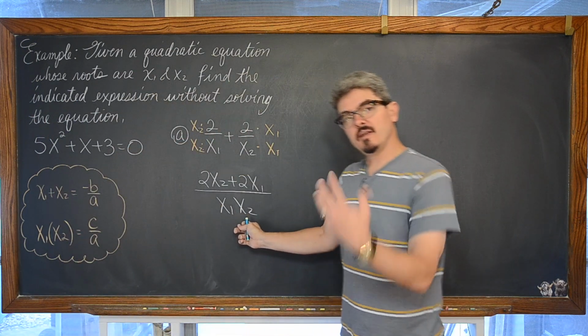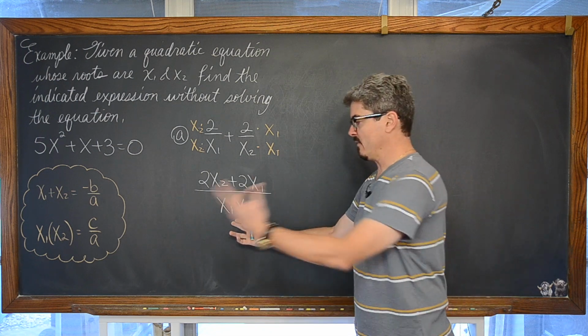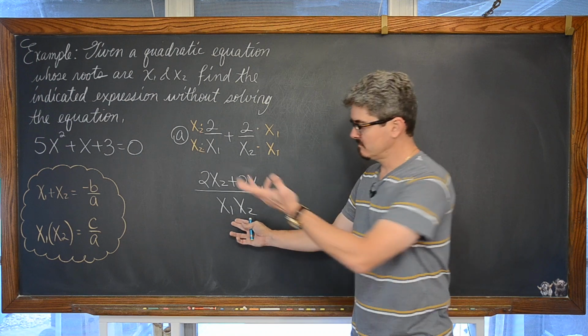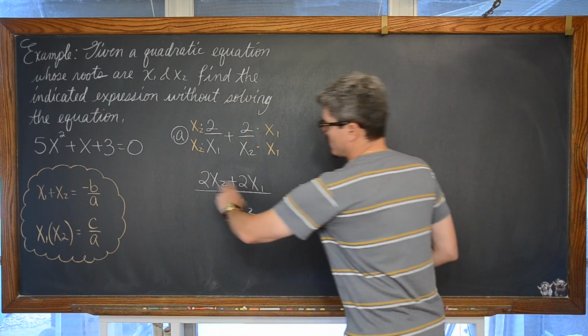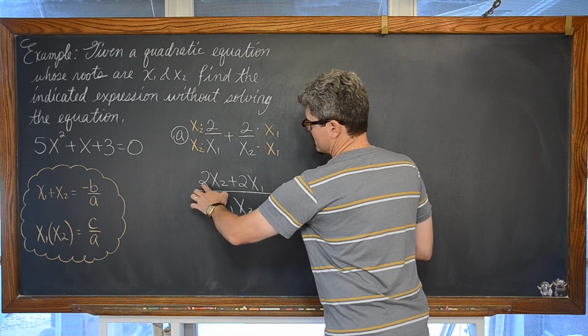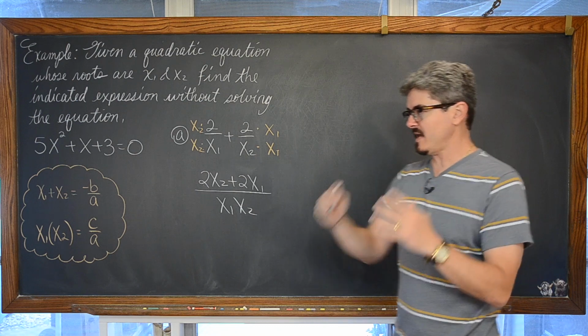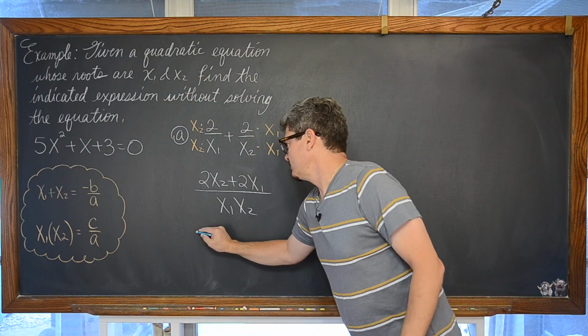There's the product in the denominator that we need. So ultimately, this is going to get pulled out and be replaced, or substituted in place of this product, the coefficients of c divided by a. We're almost done, of course. We're ready for that substitution, but we do want to get this pesky coefficient of 2 out, so we just have that x sub 1 plus x sub 2. So yeah, just factor it.